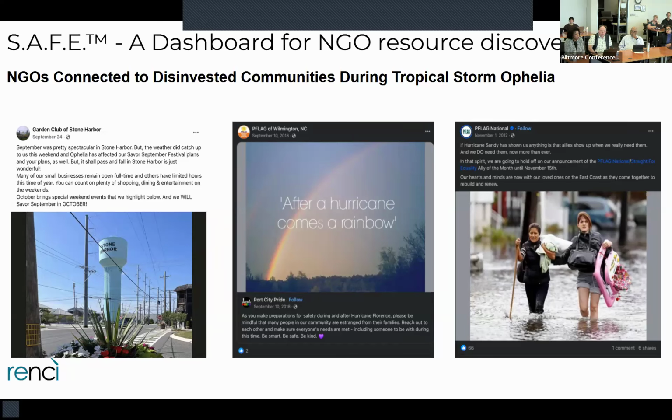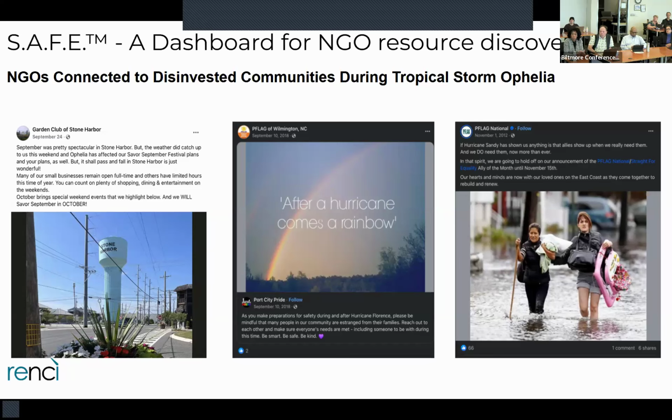So with that information, we would be able to provide deployed agents and individuals easy information. Instead of contacting 1,000 organizations, here are the top 10 NGOs that are most connected to the event, that are connected to their communities, and we're getting this from social media interactions.